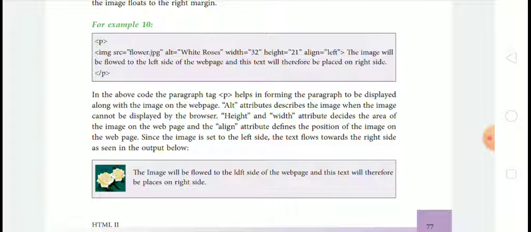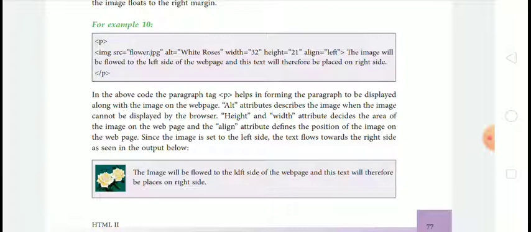By giving this statement, you should know that in the src the image file name is flower.jpg, alt equals white rose, the width of the image file is 32, and the height of that image file is 21, and the align value is left, so the image will margin to the left side.